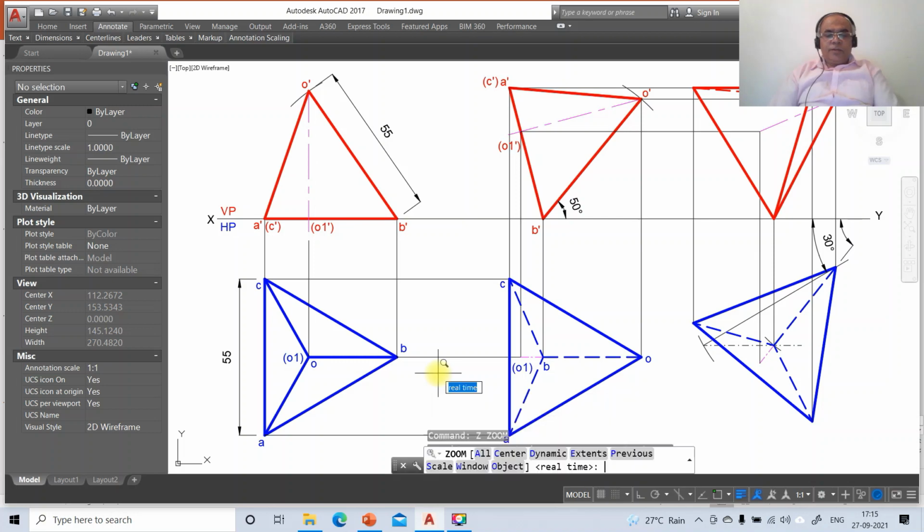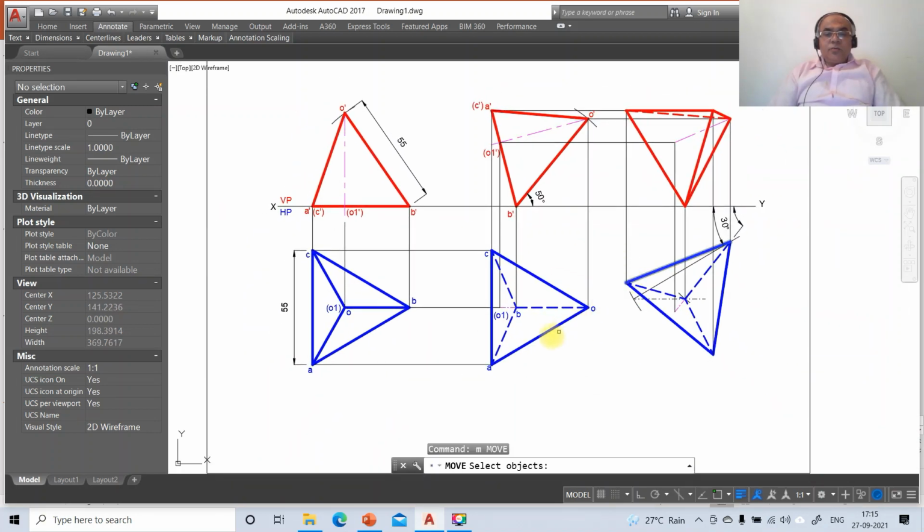Then you have zoom previous, then you just move this A,